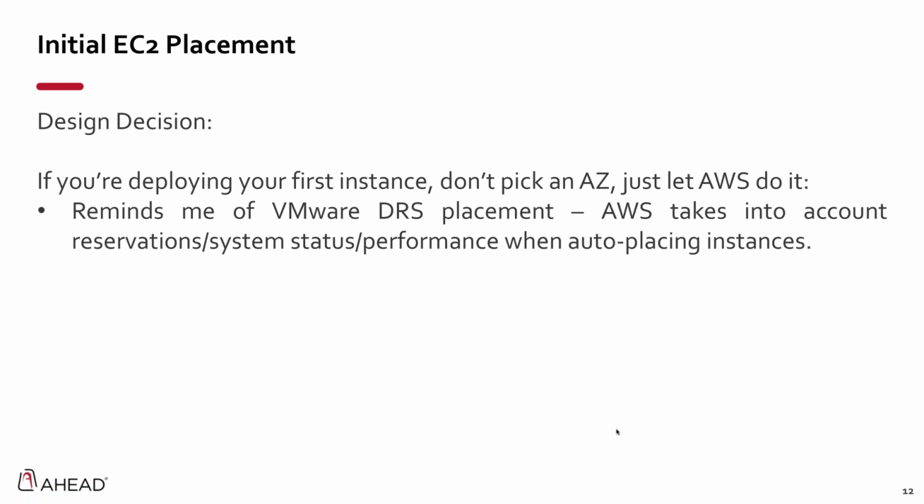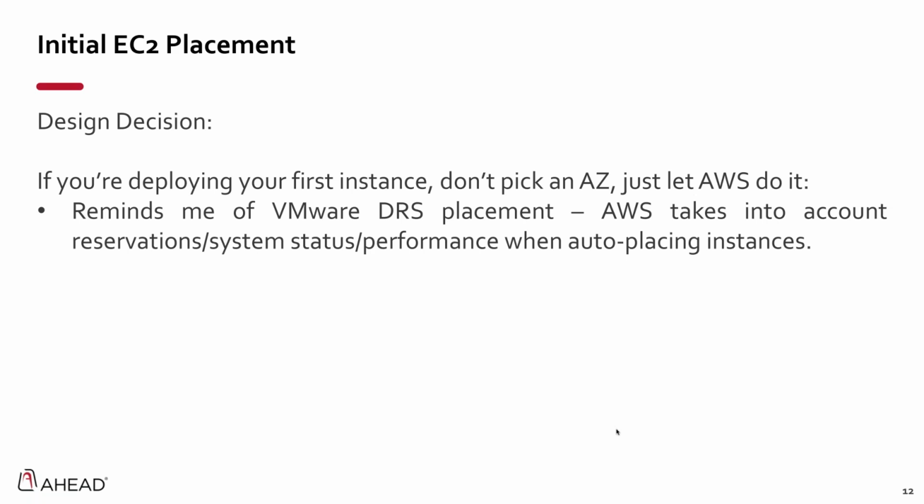If you're going to deploy your first instance of any application, don't pick an AZ within a region. Let AWS do it, and that goes back to understanding. AWS has a broad understanding of the reservations in their environment, their system status, and the performance of each of these availability zones at a time. And so by just letting AWS do the selection, you're going to get the best possible performance for your initial